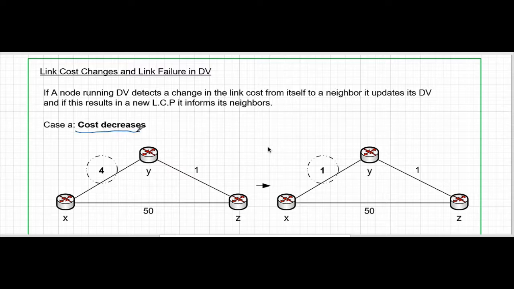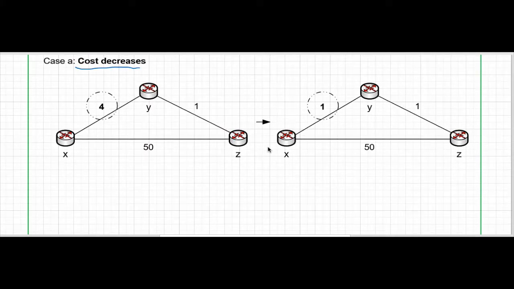Okay, so in this case, we're assuming that the cost of the link from X to Y has decreased from 4 to 1. This might be because, for instance, there's less traffic on the network, and maybe the cost was proportional to the available throughput, so the cost went down. So if we look at what's going to happen here, let's go step by step. So we only need to analyze what's happening between Y and Z, as you'll see in a minute. So what interests us is Y and Z,